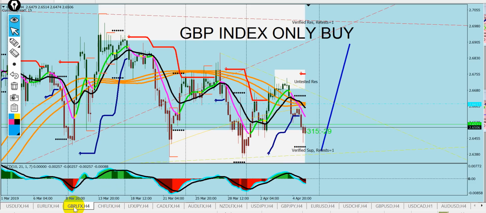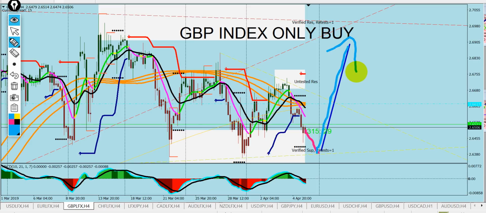The next index is the pound. Last week we forecasted a sharp up move from this area here, and we got a really good up run, then it did hit this trend line and it came back. This week we want to see the same thing. We want to see maybe a little bit at the beginning of the week come a little bit down to test this support trend line, then it will go back up here.